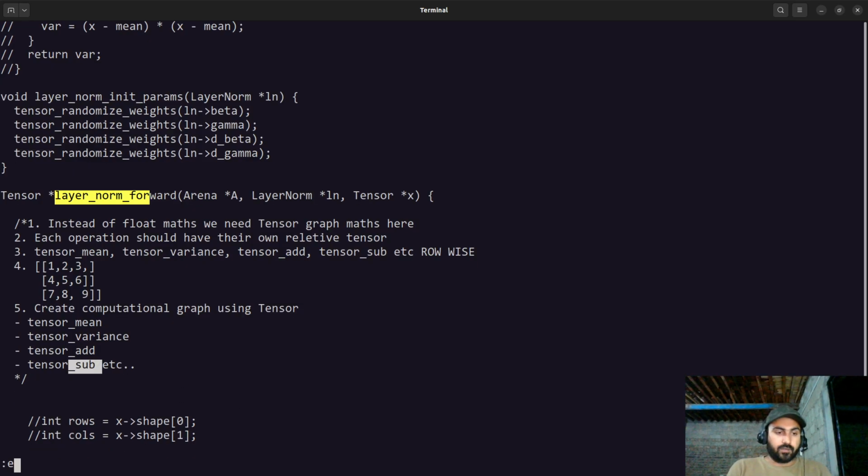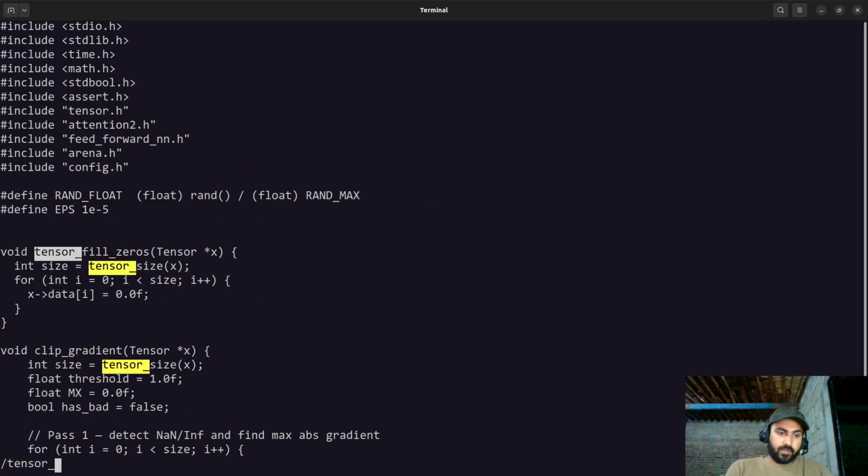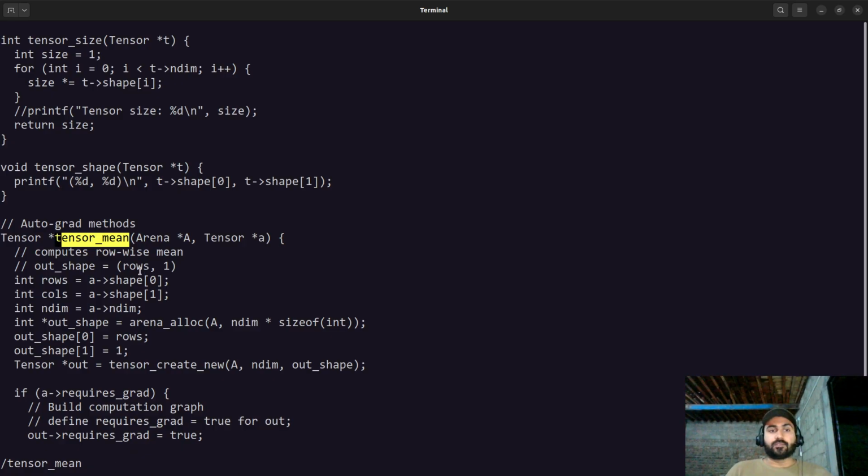So in case I now show you what I implemented so far, this is my tensor mean, and now it looks something like this. Initially, I was just grabbing the row pointer, iterating over the entire row, calculating the sum, and then dividing by the number of columns to find the row mean. But right now I need to find a tensor, not a single floating point number, right? This is actually the beauty of autograd. You cannot go out of the tensor operations at any step. You have to do everything inside the tensor to keep track of the forward computational graph,